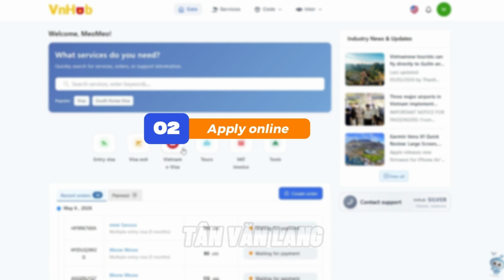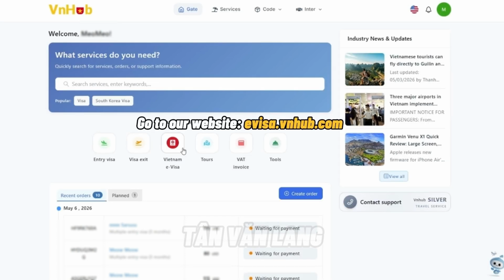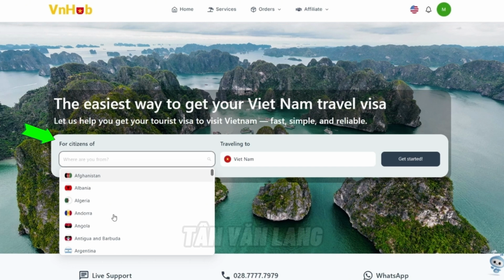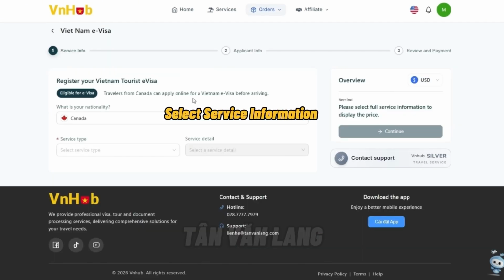Step 2. Apply online. First, access the e-visa service. Go to our website evisa.vnhub.com. On the landing page, select your nationality from the For Citizen of drop-down menu and your destination. And finally, click the Get Started button. Next, select Service Information.